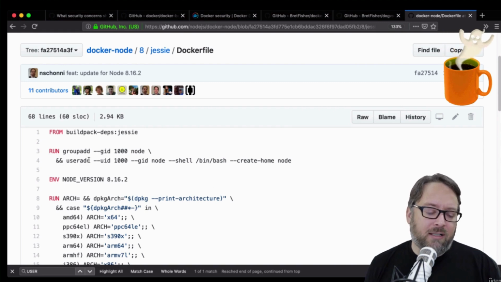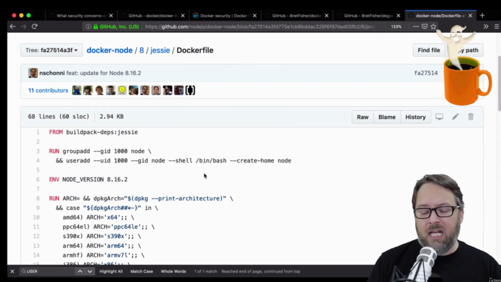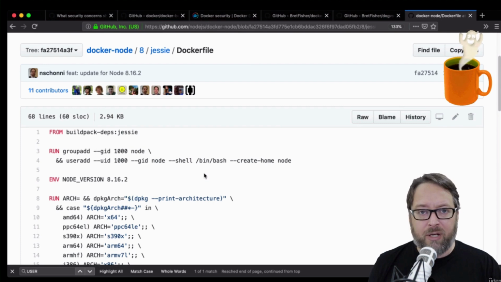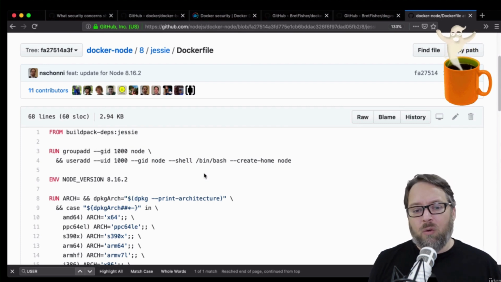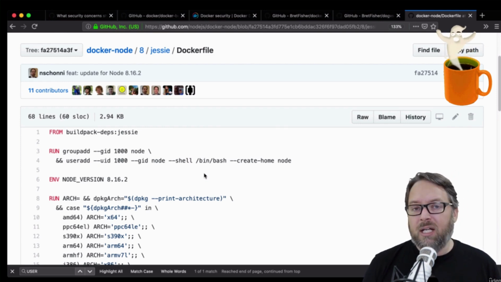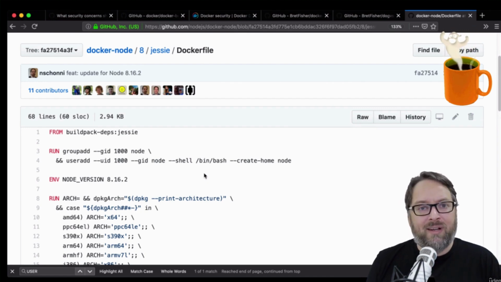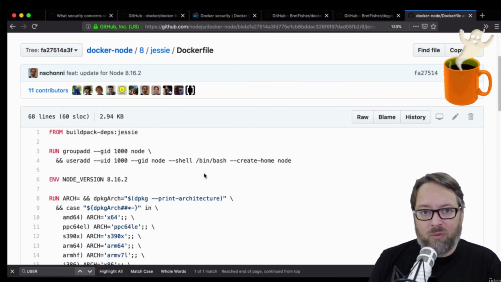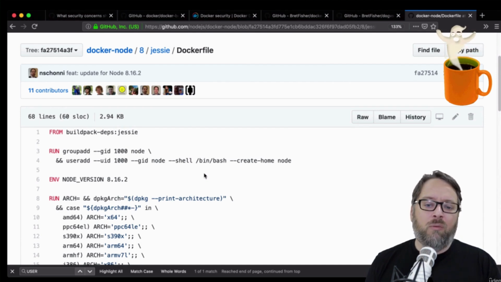So if you're doing that, then the applications you run will not run as root in the container. By default, if you just run any standard Node app, it will use the root user in a container. Now, why is this so important? Well, two things. One, if someone is able to break through your application and hack into your application and gain access to the file system, if that application is root, then in the container, they can do whatever they want in the container, right? They can write files to the file system, they can install more programs in that container, they can run whatever they want in that container. So we really don't want them to do that. We'd rather them be very limited.